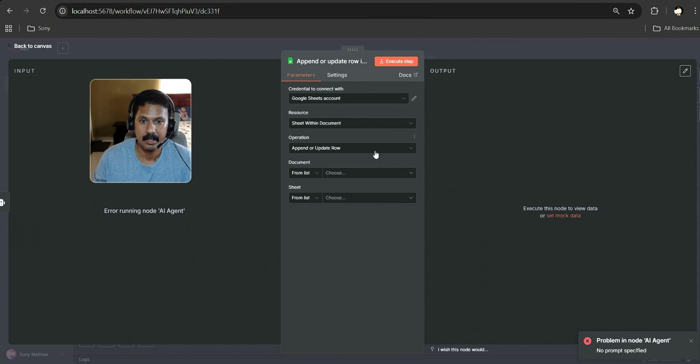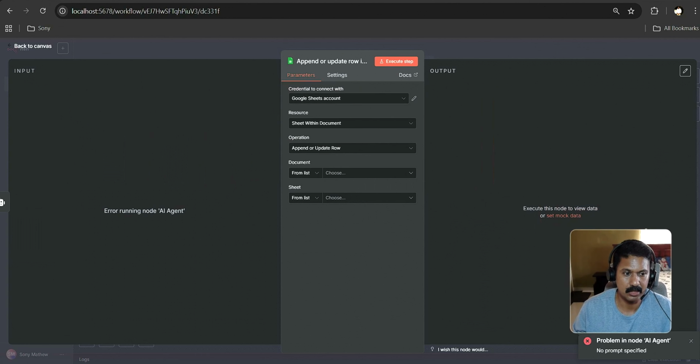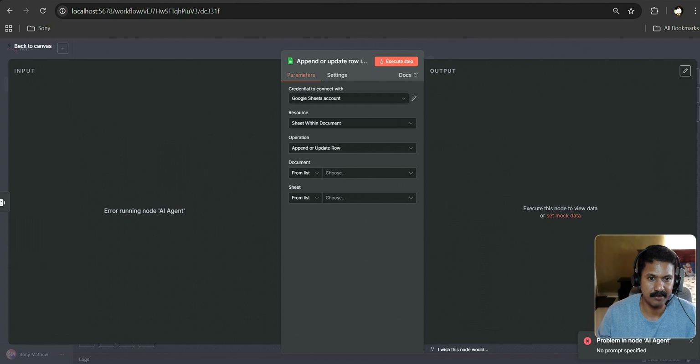Select that. I'll be selecting my same account which I had set up earlier. Let me move my video to my left hand side there. And Google Sheets account, yeah, I'll be using that. I'll be using the sheet within my document there. So that doesn't change. Operation is append or update row, which is fine. The document,